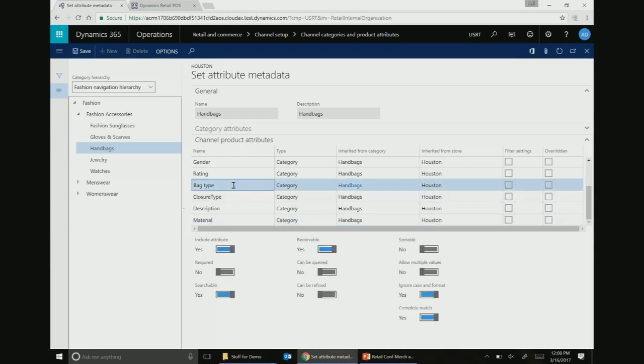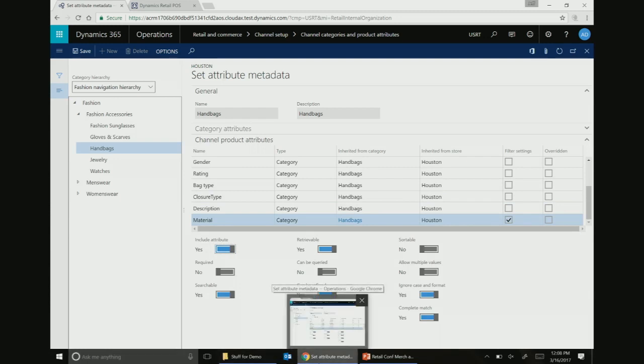Okay, so this again will show you all of the attributes, right? This is just what's on the product. All of the attributes are available there. If you want it to show up in the point of sale, I skipped a step: you need to check include attribute. That is the only way to get that to show up in the point of sale. So it's on the product, that's great, you can view it in the back office as much as you like. You have to come in here and check include attribute, or else it won't show up in the point of